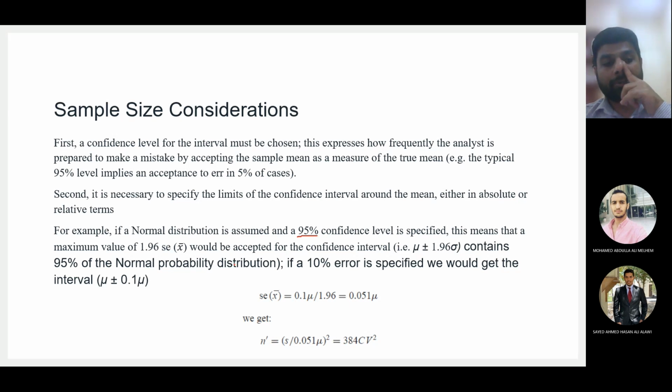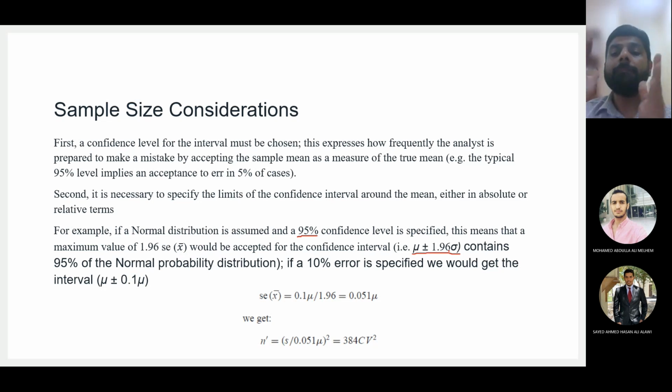Now, according to the central limit theorem, the 95% confidence level is this range. The expression in the bracket is the confidence interval for 95% of the population. Mu means mean, and sigma is the standard deviation. If you do mean plus or minus 1.96 sigma, that will give you the 95% confidence interval, the range for 95% of the entire population. This is again a postulate of the central limit theorem.